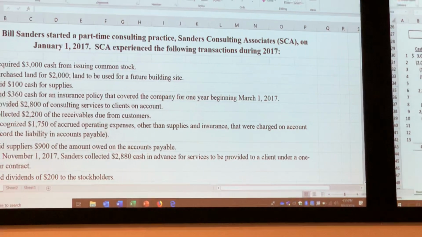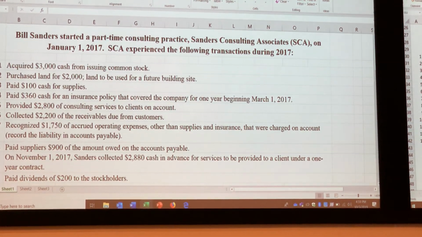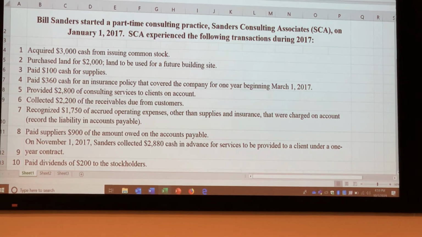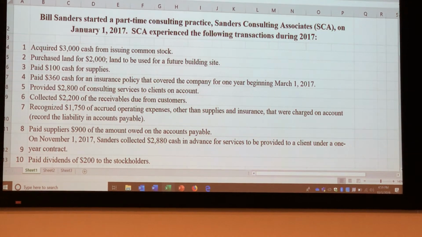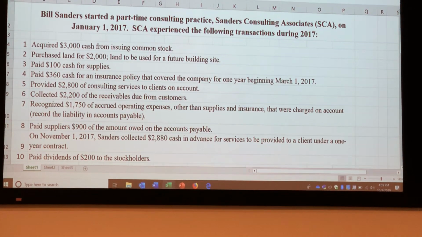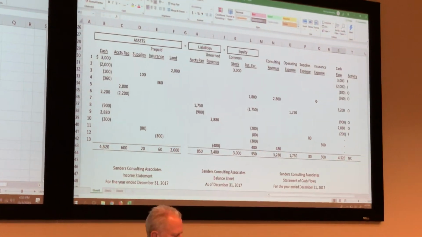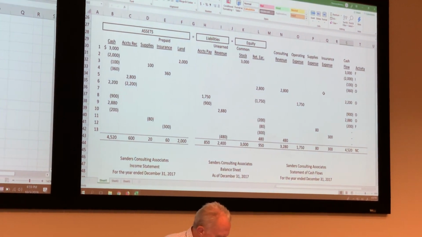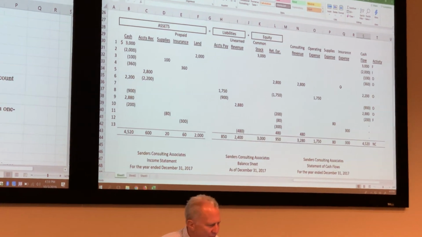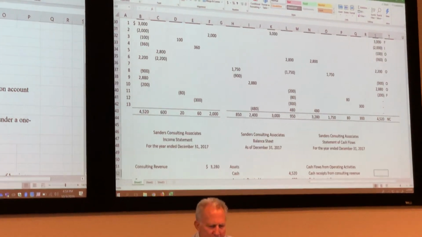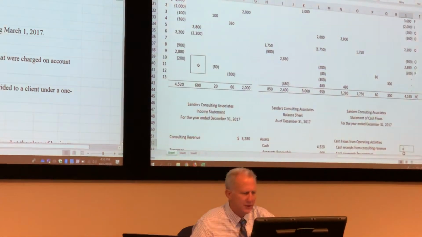number 5 was no cash involved. Number 6 is from providing services, 2,200. And we collected some of our receivables as well, 22. So this is equal to the